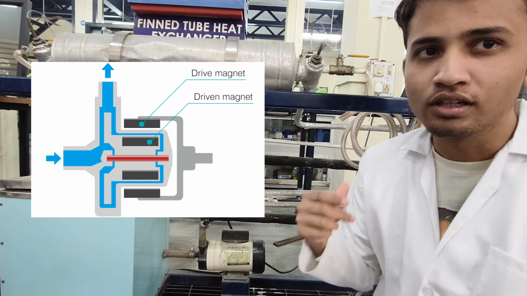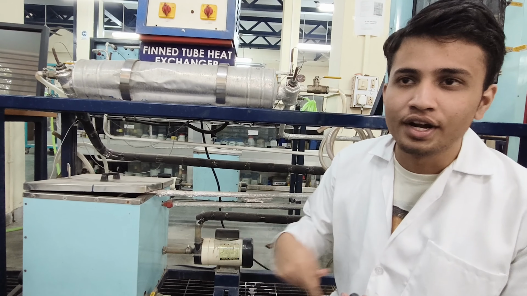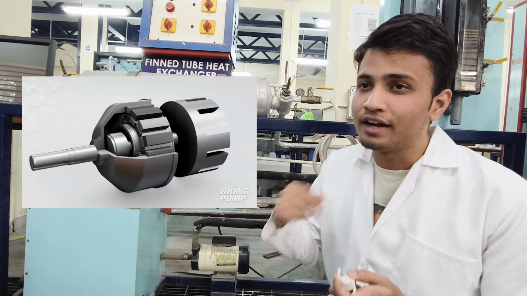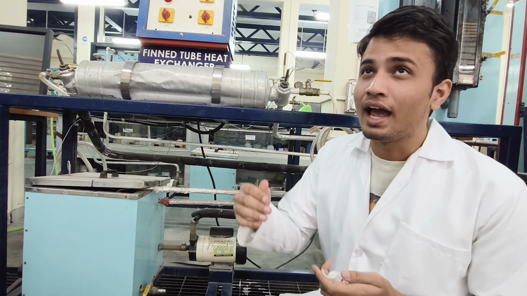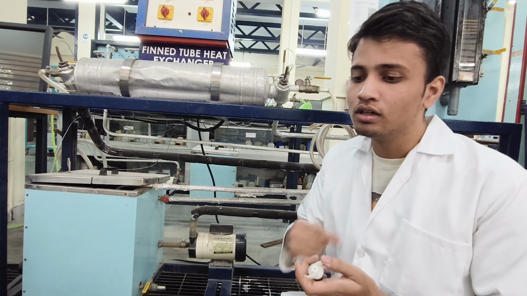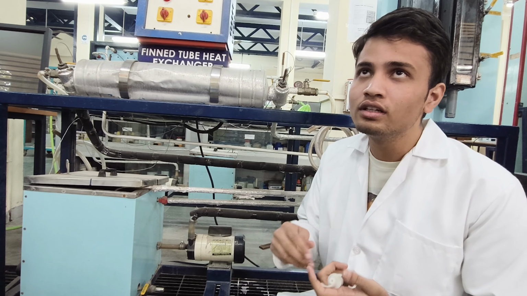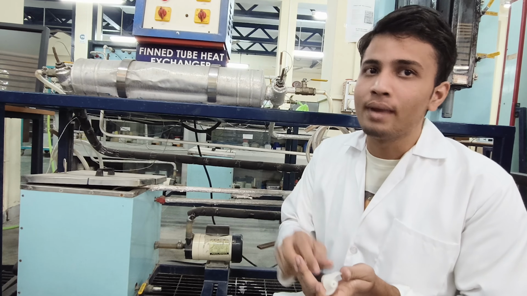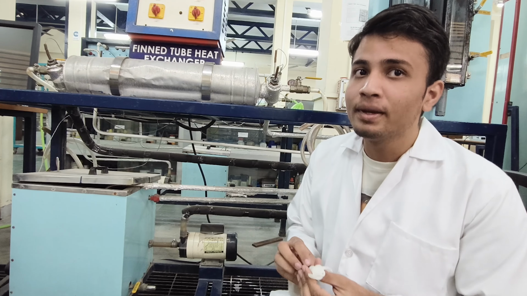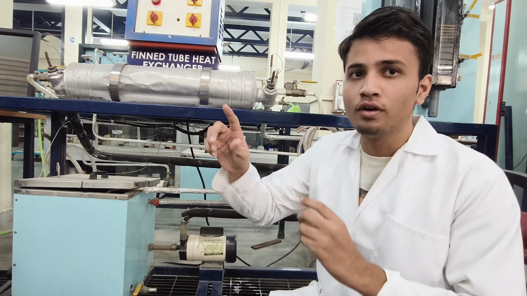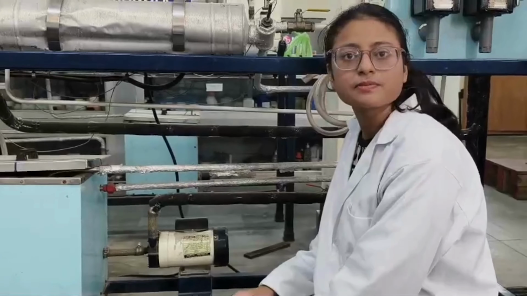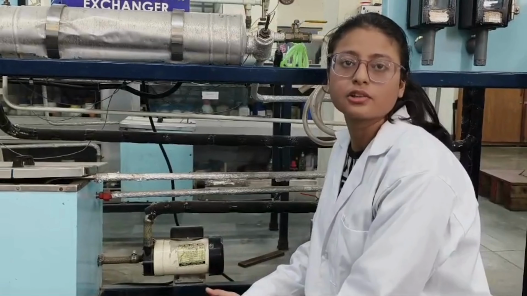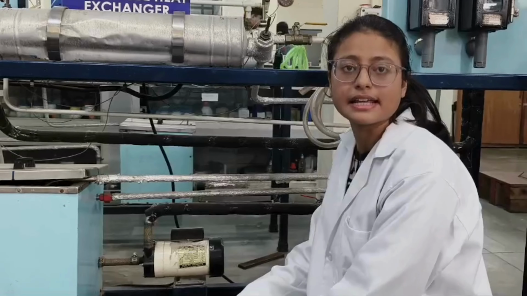Now, as we switch on the electric motor, the outer magnetic ring starts rotating, due to which it creates eddy currents in the smaller magnetic ring, which creates the effect of attraction between the two magnets. After a negligible amount of time, the smaller magnetic ring starts rotating with the same angular velocity as that of the outer one. Now, as I said before, the inner magnetic ring is connected to the impeller. As the inner magnetic ring starts rotating, the impeller also starts rotating, which pushes the liquid forward, hence the liquid gets pumped. The advantage of this pump is that it transfers the liquid without any direct contact between the motor and the liquid, so it does not leak, which makes it very safe for handling dangerous and corrosive liquid.